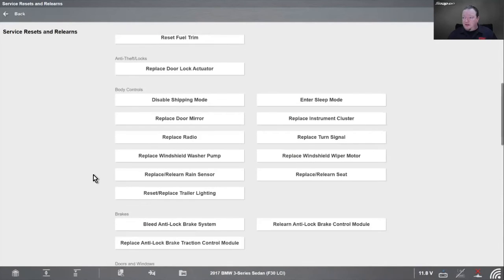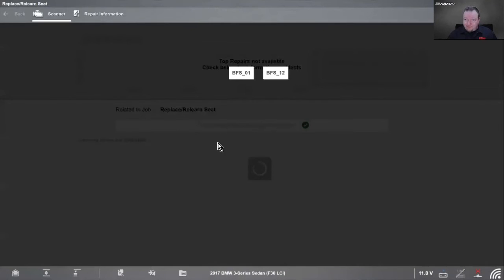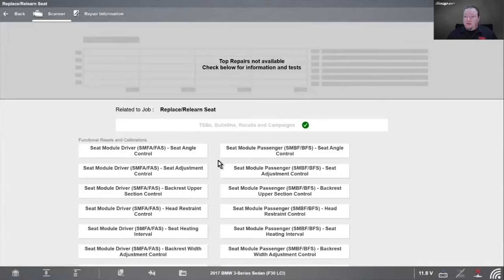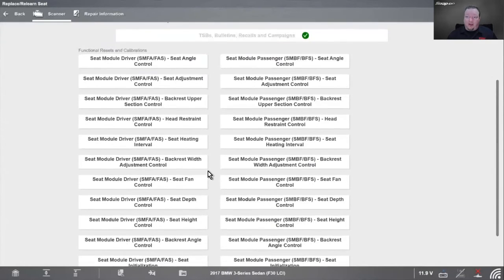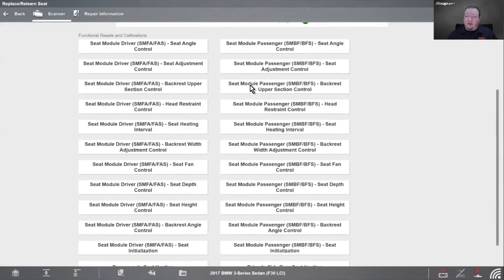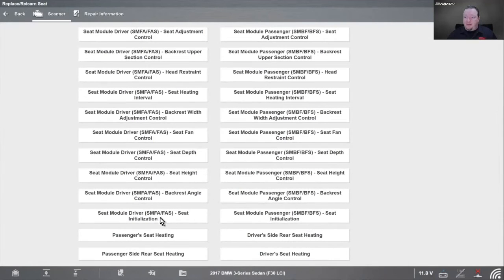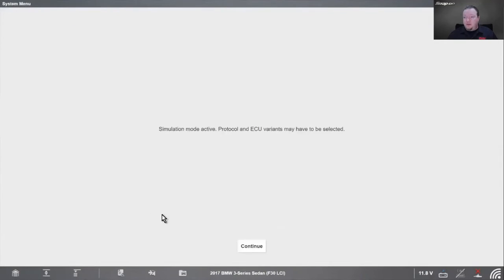Let's see. Oh, here was an interesting one that I saw when I was looking through these. Replace or relearn seat. So if I do any seat work on this vehicle, and it's got a power seat, recline and forwards and backwards and such, we go into functional resets. We can see that there is a lot of different things going on with the seats: the seat angles, seat adjustment controls, drivers and passenger sides. These are all the bidirectional controls here. But then if we come down here, we have seat initialization. So if we go in,